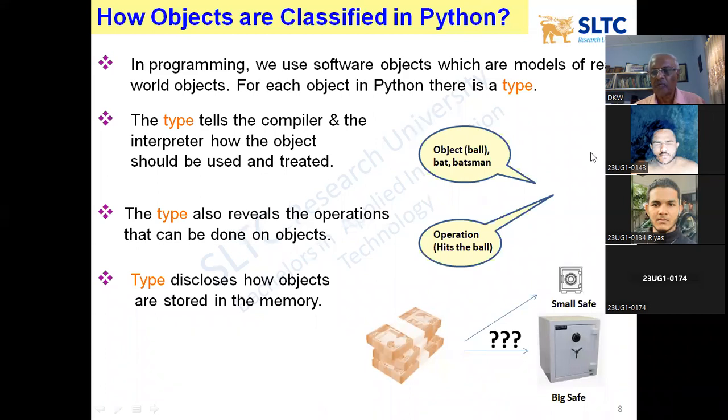Here I put a picture, a ball and a batsman. So, ball is an object. Now imagine there's a batsman with a ball. Ball is an object, batsman is an object, bat is an object in the picture. So that is the data regarding this person, data regarding that one. What is the behavior? Behavior means the operation. The batsman can hit the ball. When you hit the ball, the ball is thrown away. That is a behavior there, right?